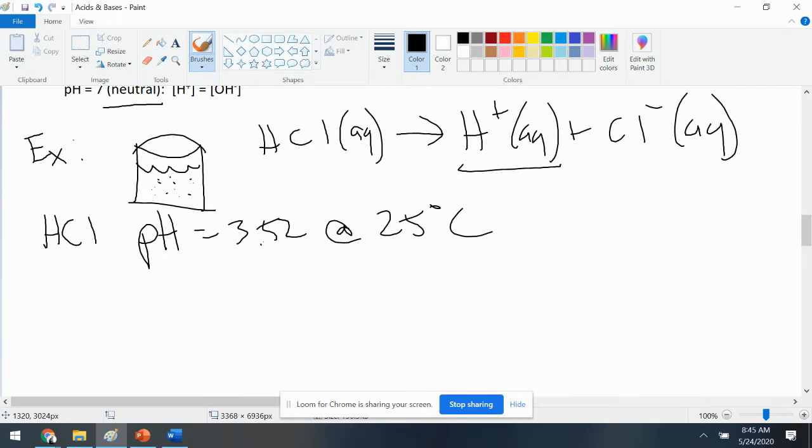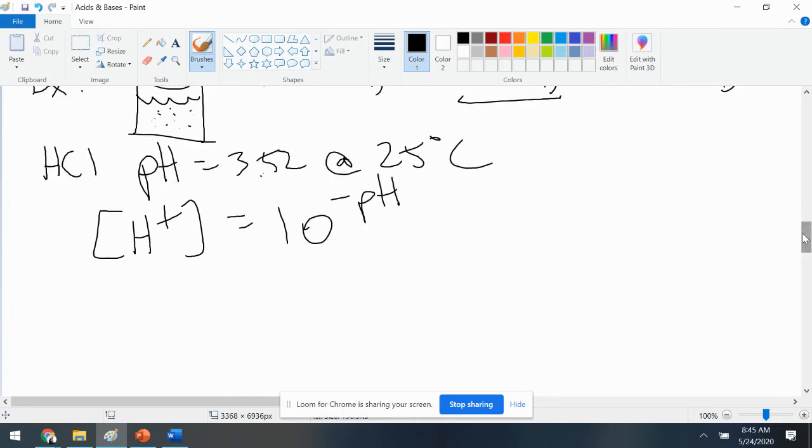Okay. And of course, there's an equation we can use to help us figure this out. Okay. So the concentration of your H plus ion is equal to 10 to the negative pH. So based on this equation, I'm simply going to plug in my pH. I'll show my work. So H plus is equal to 10 to the negative